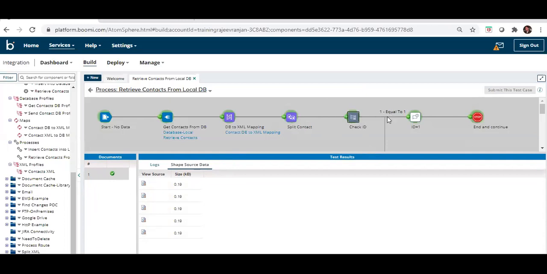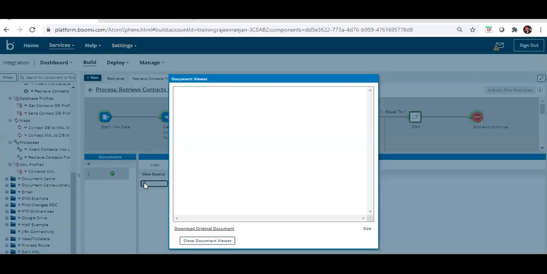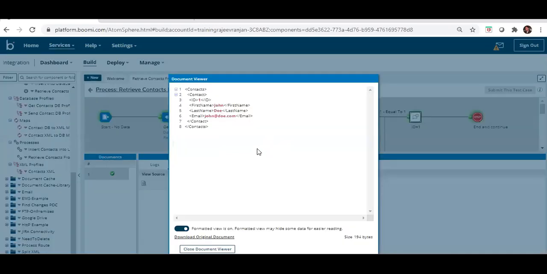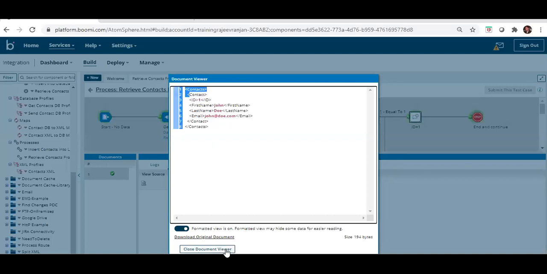On the basis of this ID, whatever we have applied as the route by, for the ID equals 1, the ID should be equal to 1. While checking here, you can see the ID 1 contact is going to this path.